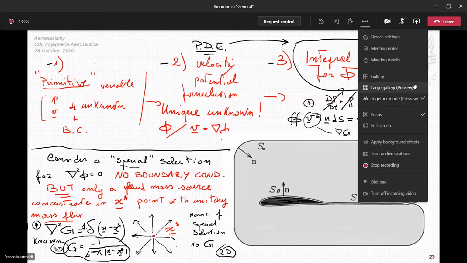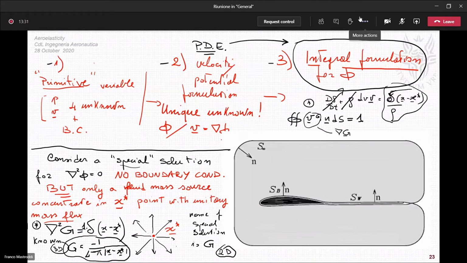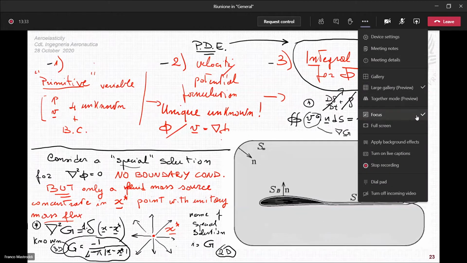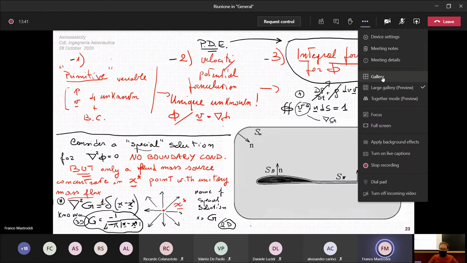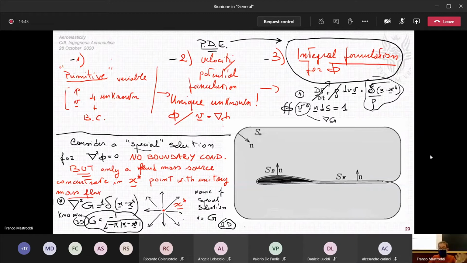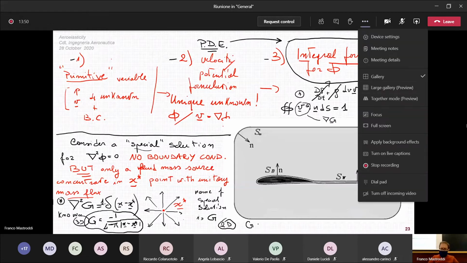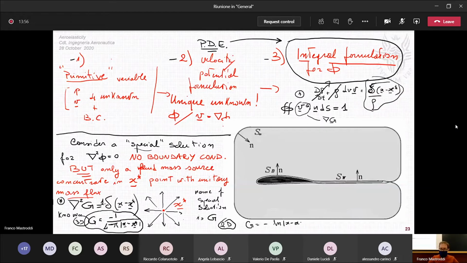In that case, when you take a cutting plane, you have the correct two-dimensional solution for a source. For this reason, the two-dimensional source to be considered for solving two-dimensional problems is not this here, but the following: G equal to the logarithm of x minus x star